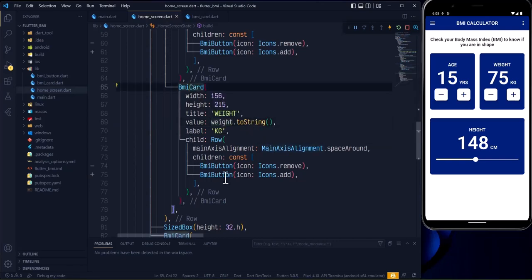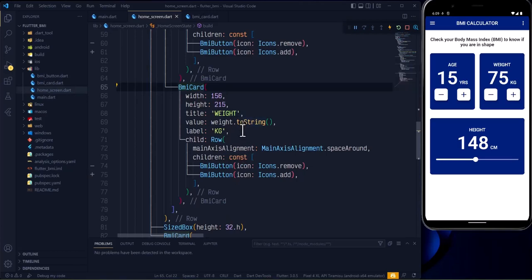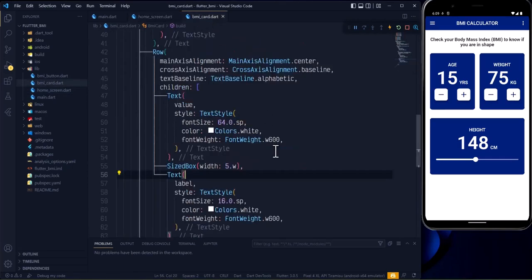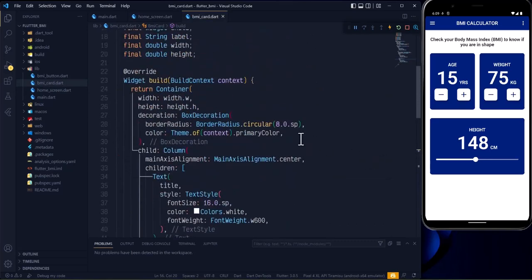So remember this BMI card, we don't have any onPressed property right here, as you can see. So what we can do is go back and tweak the BMI card and look at where we have the buttons. And in fact, I just realized that functionality is inside the